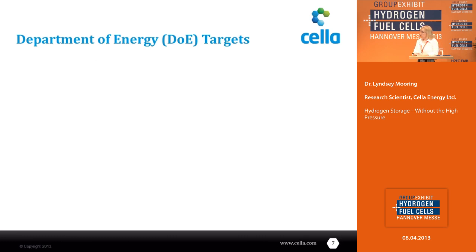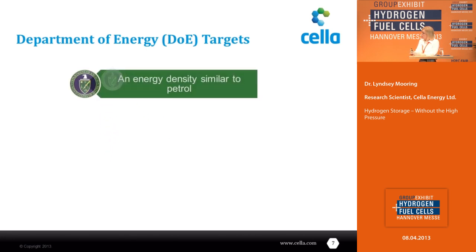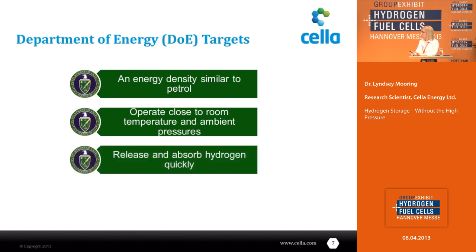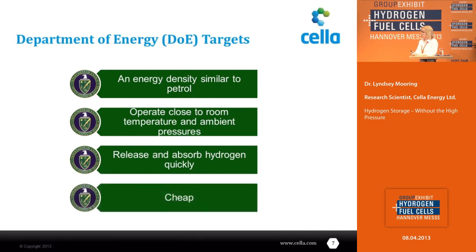In the States, the Department of Energy has come up with a range of targets to help evaluate hydrogen storage materials to see if they would ever be potentially suitable or ever get to market. If you're not aware of these, they include that they want the storage materials to have an energy density similar to petrol, to make the applications run the same. They want it to run close to room temperature and ambient pressures, again, so that the operating parameters are similar. They want it to release and absorb hydrogen quickly, as well as they want it to be cheap,